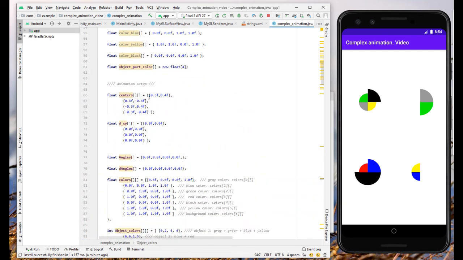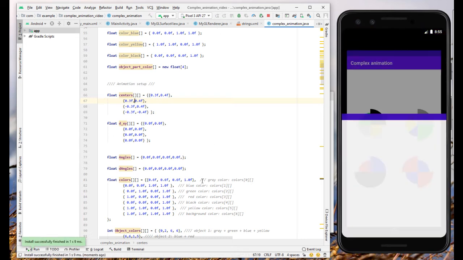See here, I am displaying the center 0.3, 0.4. This is the center of our first object. So 0.3 minus 0.4, this is the center of the second object. So here, if I delete this 0, now the center for the first and second object will be the same. So now if I run,